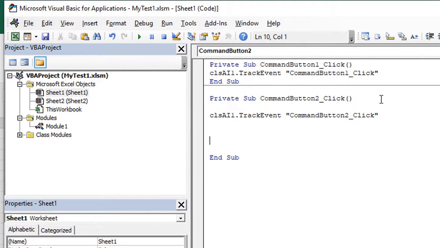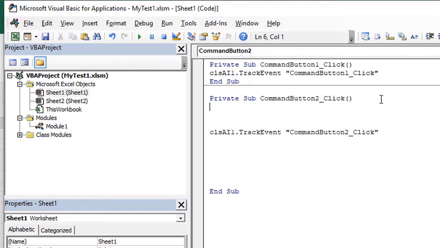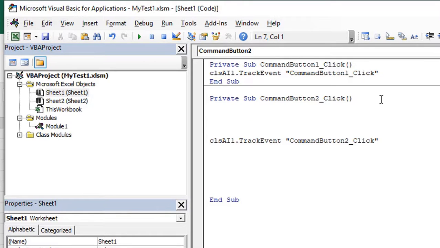Let's make some space and let's add an error routine. On error, go to, for example, error sub, and we will create this sub here at the end. First, we need to exit sub,